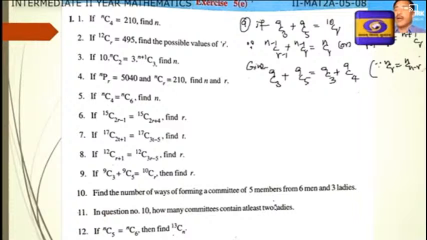So this formula in combinations generally we apply when the value of r is more than half of the value